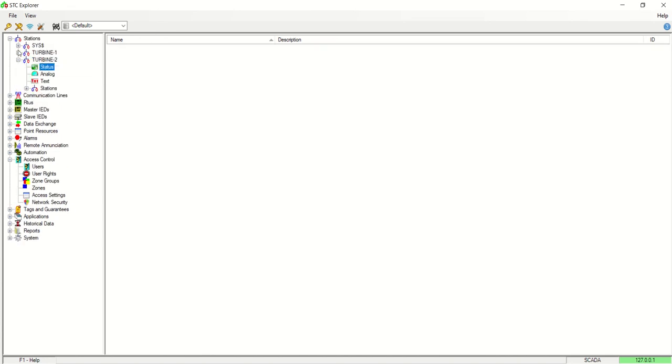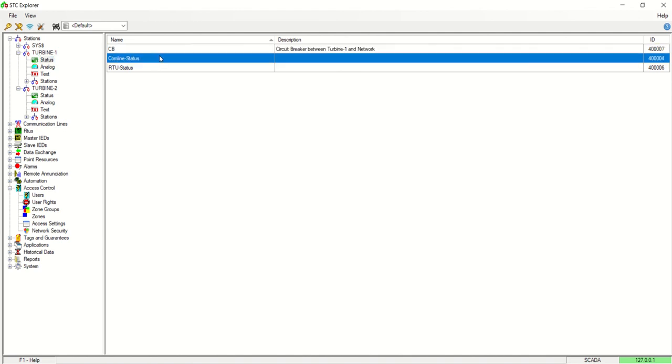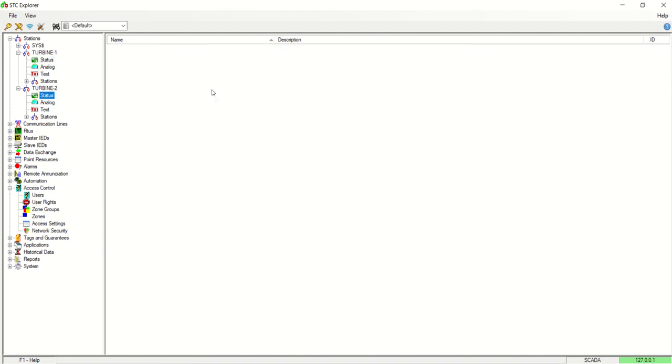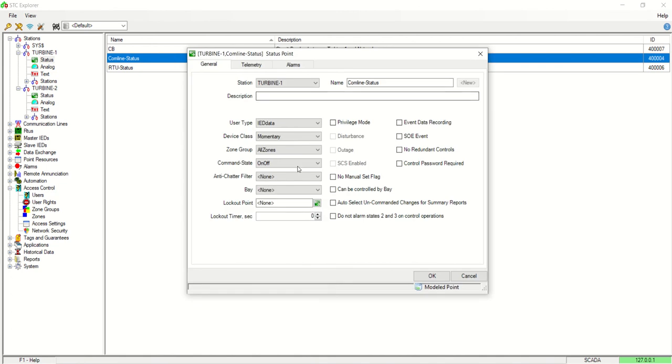So you will need another status and communication status, RTU and communication line status. You can create the new one in here, or you can just model it from the one that exists on turbine 1. Model it, and then